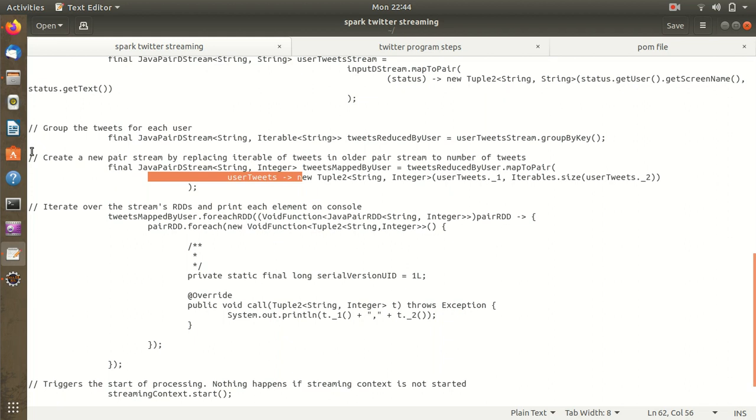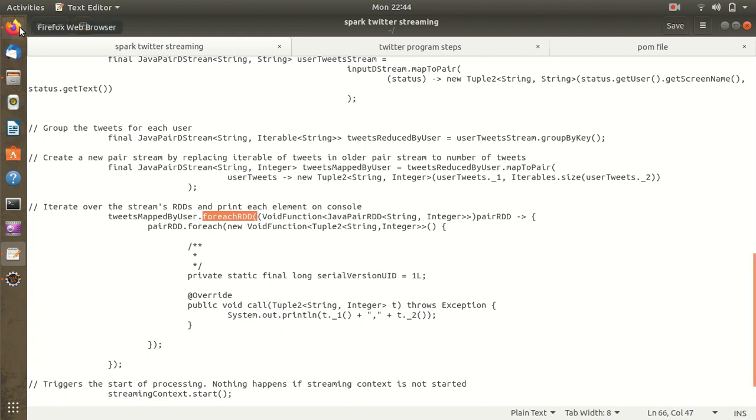These two steps are where we are iterating over the tweets, and here we are using the concept of foreachRDD. The foreachRDD is helping us in printing the result.